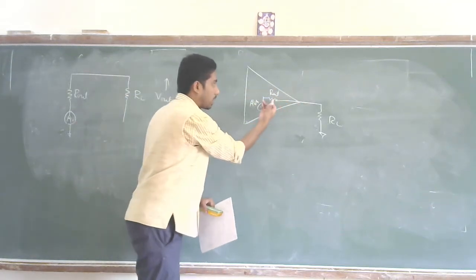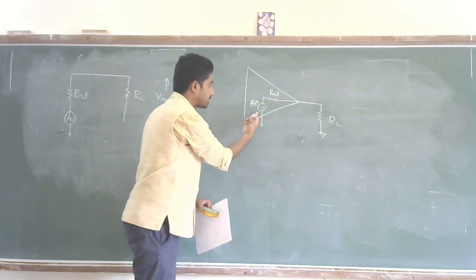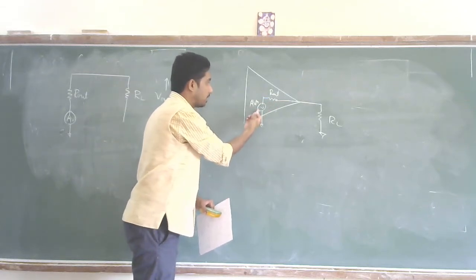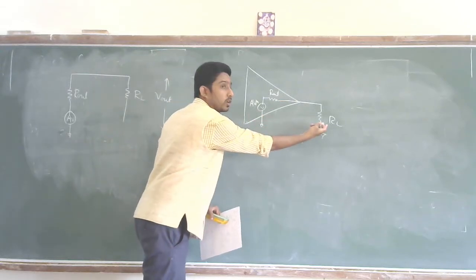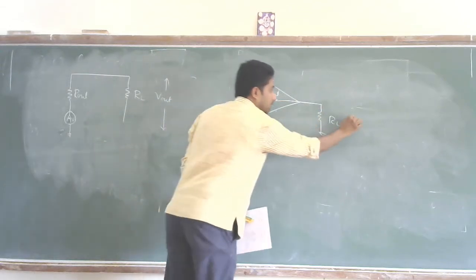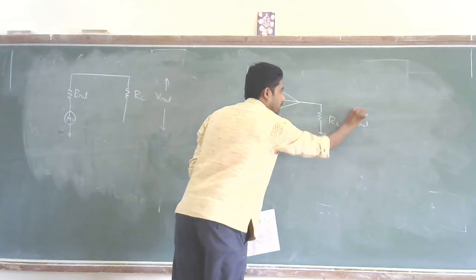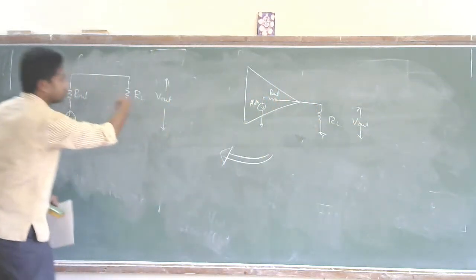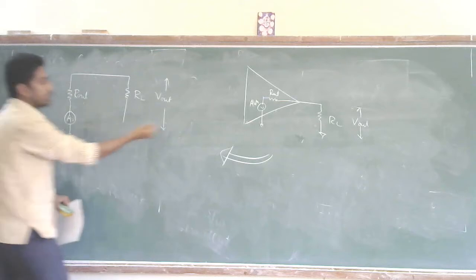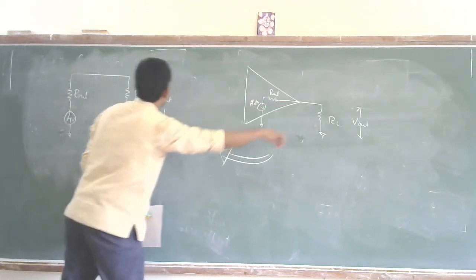On the output side, inside there is the output resistance, and this is the amplifier which is depicting the gain, and then this is the output, this is the load resistance. Here I will take the output. Now I have redrawn the structure which looks something like this. Everything I have taken is the same.